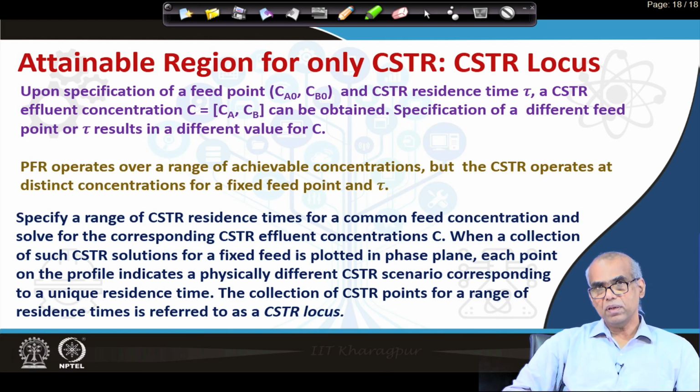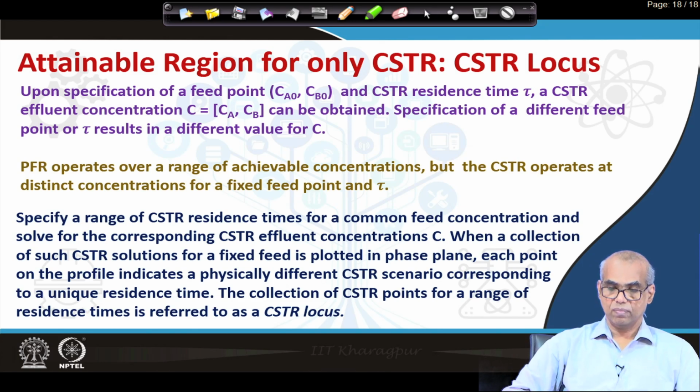The independent variable for those differential equations was tau. Now, to obtain the similar trajectory for CSTR, we specify a range of CSTR tau for a given feed concentrations and solve the two algebraic equations to find out CA, CB,